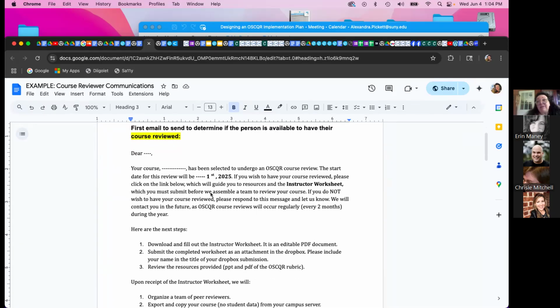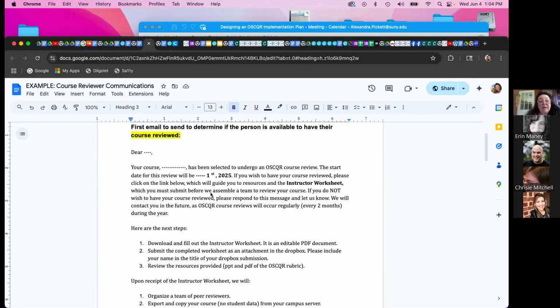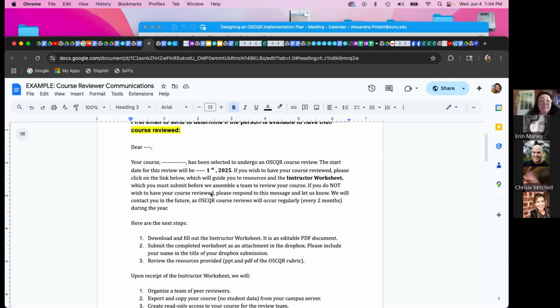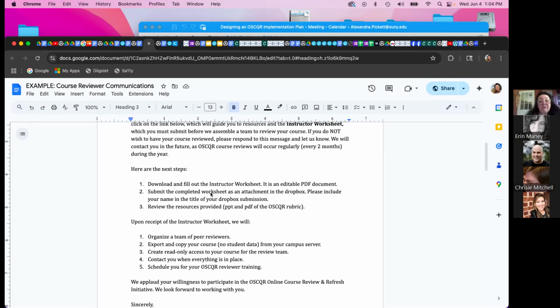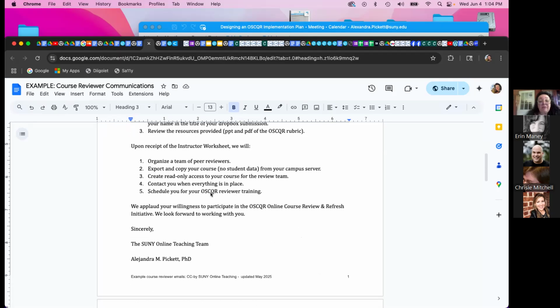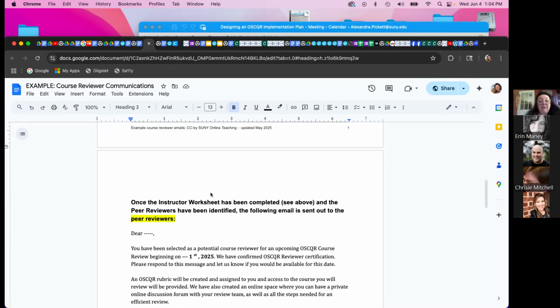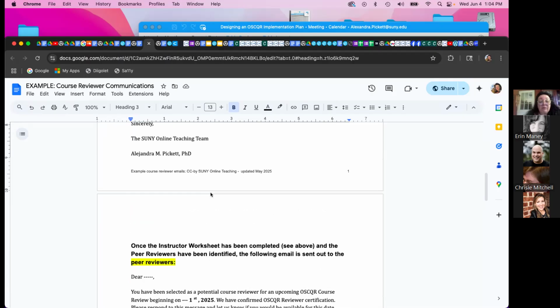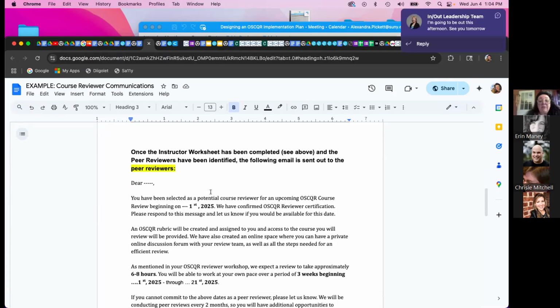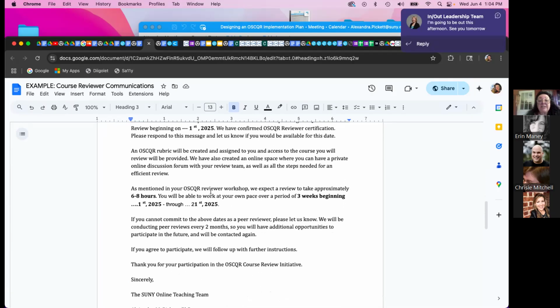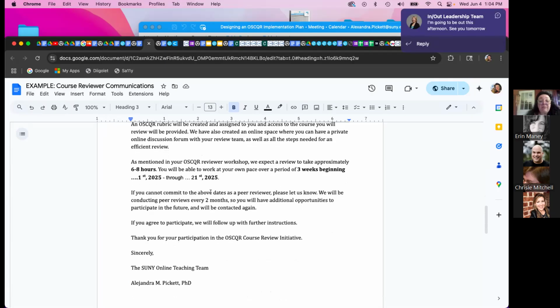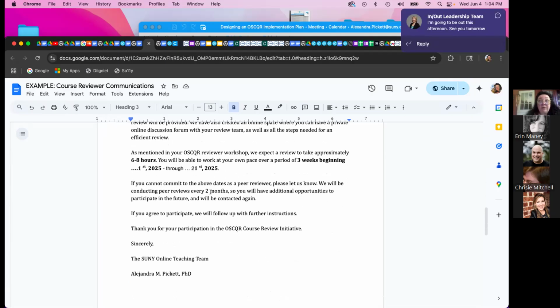It might not be voluntary in your case, it depends. But we were soliciting participants essentially in this. And so we sent out this note to ask if they would be interested in participating. Once we got the list of folks that were interested, we sent out the notes to folks who would be peer reviewers, and so it's a little more detail about what they're going to need to be doing regarding a peer review